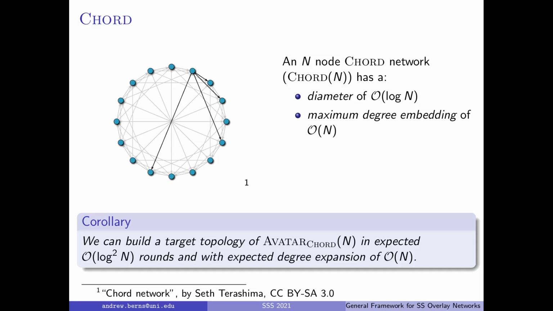So, number one, we took our framework and applied it on a couple of examples and said, yes, we could build the chord network in a self-stabilizing fashion with this complexity. We could build CBT. We could build linear, and those examples are contained inside the paper. What's also inside the paper is a new topology that we designed based upon the insights that we gained by looking at this general framework.